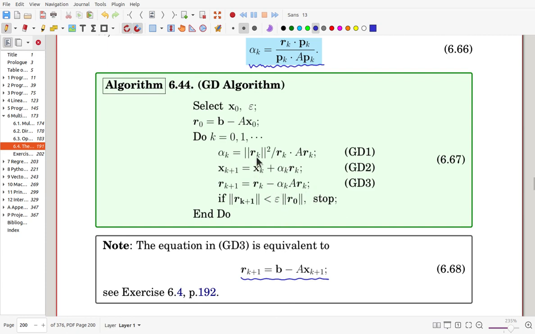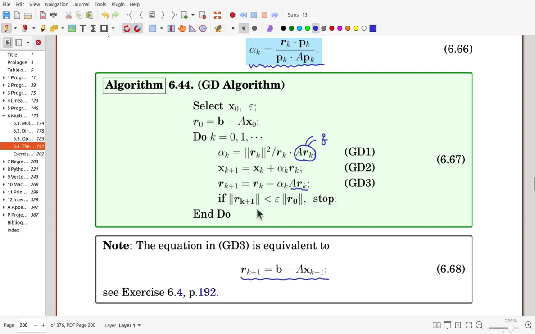When you implement this algorithm, in each iteration you compute this one and save it, for example, into a vector q. Then you can use this one here again,